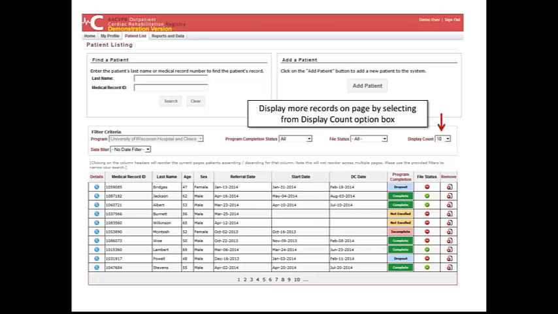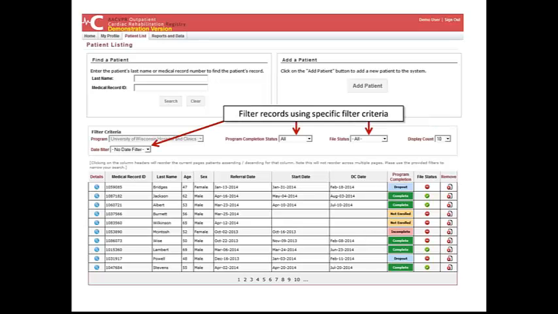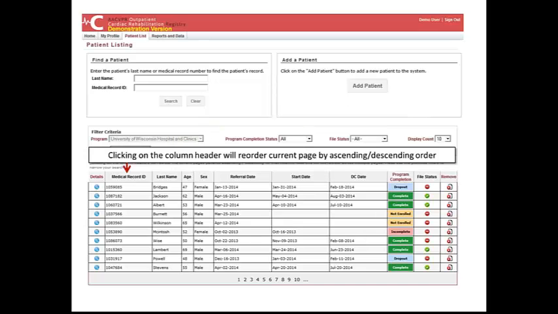You can select the number of records you want to display by using the display count option box. You can filter records on specific criteria using some of the filter options that we have. And you can also resort the records by clicking on the header titles, and I'll show you how we can use this.